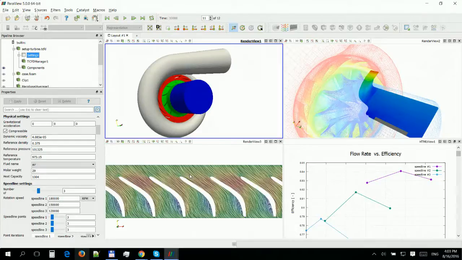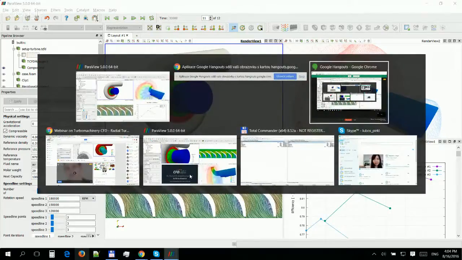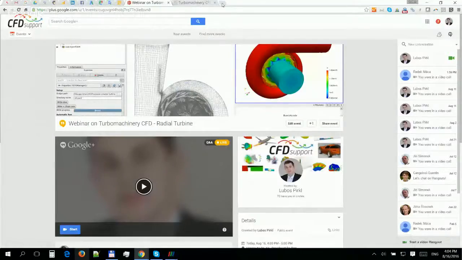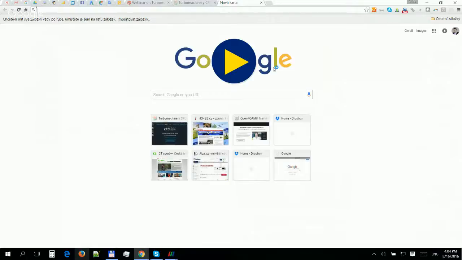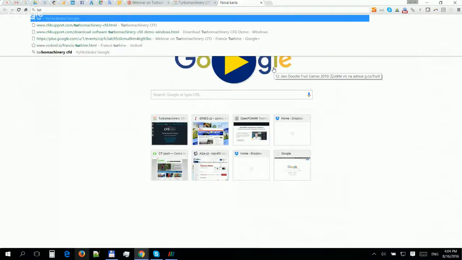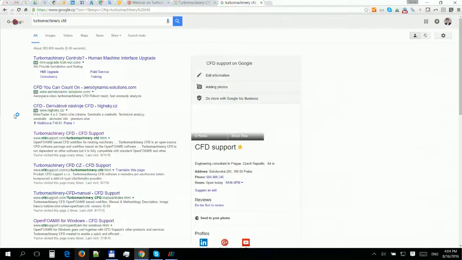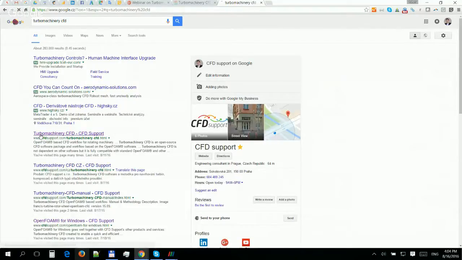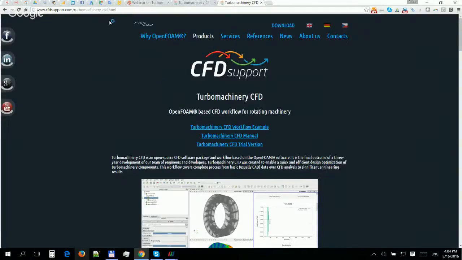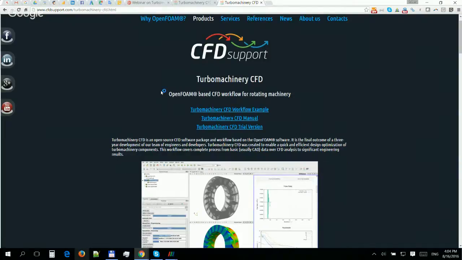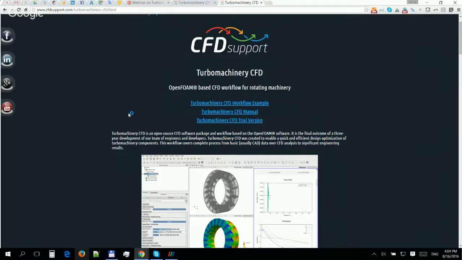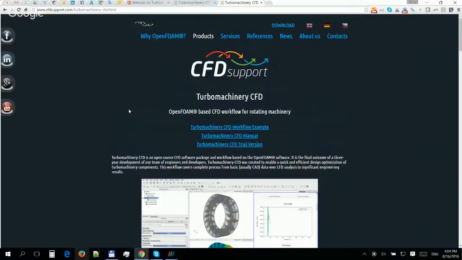let me give a quick review of Turbomachinery CFD's unique value proposition. So I will go to my web browser right now, and I'm going to visit CFD Support's Turbomachinery CFD web page. I can Google Turbomachinery CFD, and at the very top you can see Turbomachinery CFD. I click on it. This is the web page, the main website of Turbomachinery CFD. Here you can find the most important information. Let me give a quick